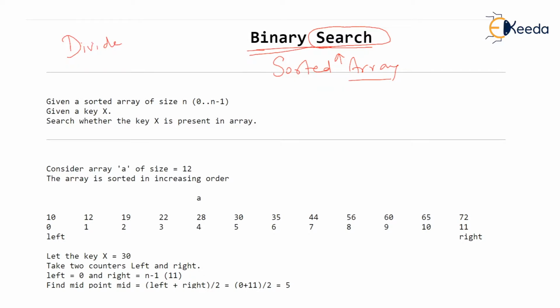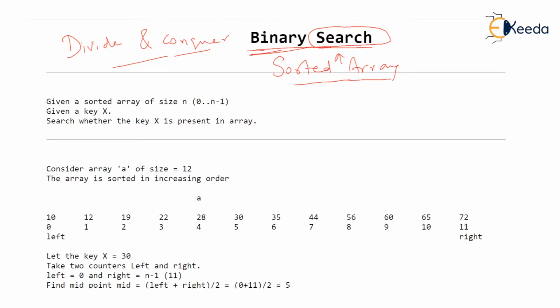Now, what it does, as the name suggests, given a sorted array, this search will split the array or divide the array into two equal halves and then again divide it into two equal halves. Keep doing this repeatedly till the value is found. Let's see straight away what the technique is using lots and lots of examples.